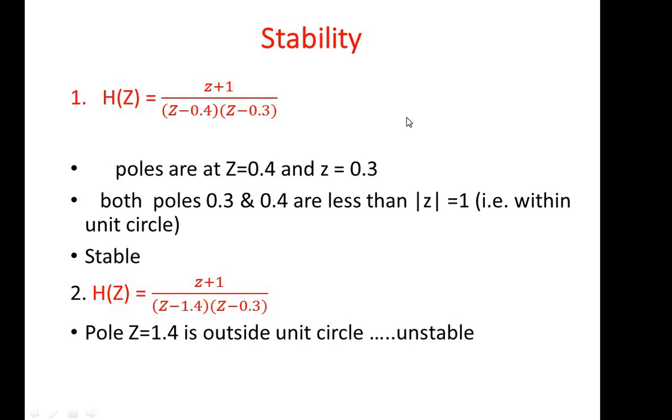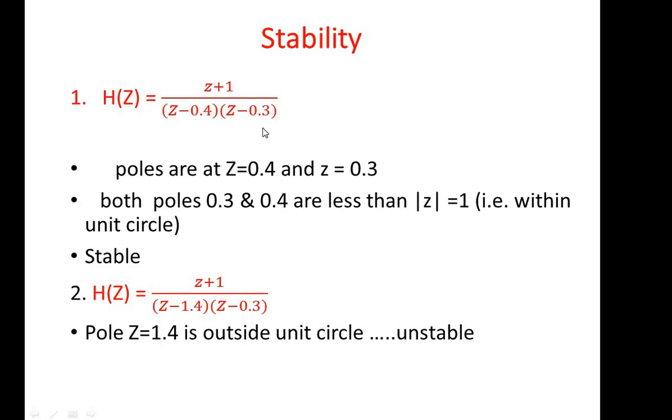So let's again recall stability. The important point to keep in mind while calculating stability is, suppose we have a system function with poles at 0.4 and 0.3. If we equate this to 0, we get the poles at 0.4 and 0.3, and all the poles in this system function are less than 1. Also the ROC is starting from greater than 0, it is a causal sequence, right? So the modulus of z is greater than 0.4 for this pole, and greater than 0.3 for this one.